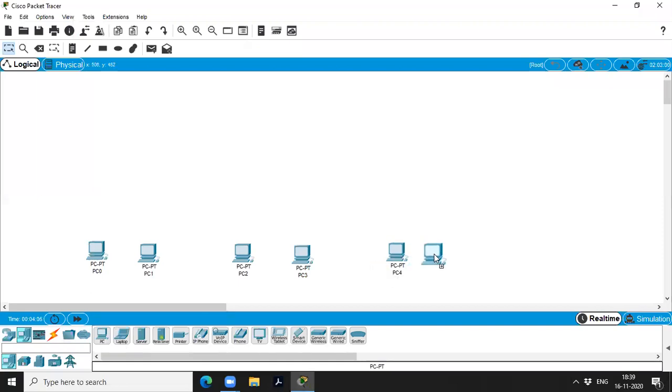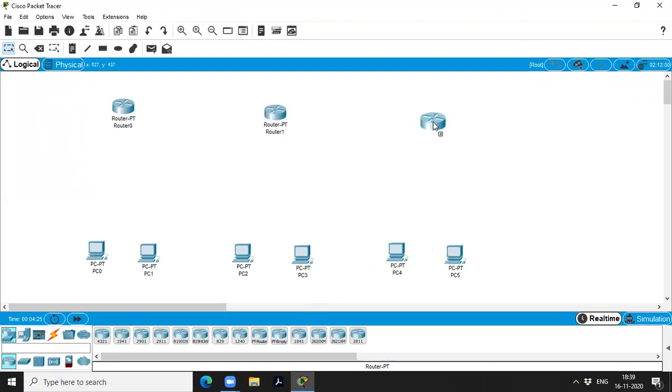Let us take 6 PCs, and then I'm going to choose a router. Three different routers, which means they are connected with two other different networks. One is from this router to this router, and from this router to this router.